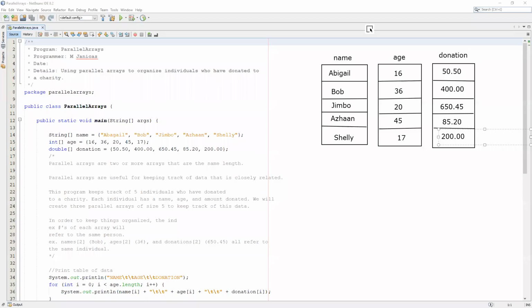All right, guys. So today we are just going to talk about a concept called parallel arrays. Now, this is actually nothing new in terms of the code that you are using, but it's a strategy that is extremely helpful when you are working on certain programs that have to do with a lot of data that are different data types. So this program keeps track of people who have made donations, and there are three pieces